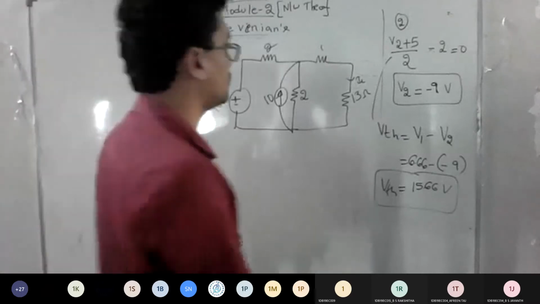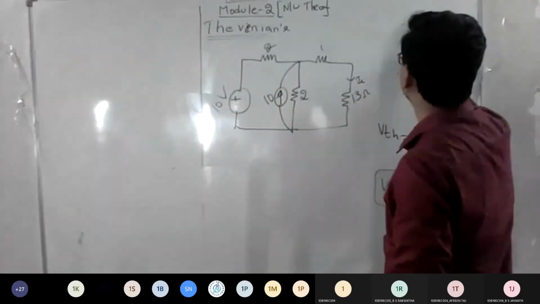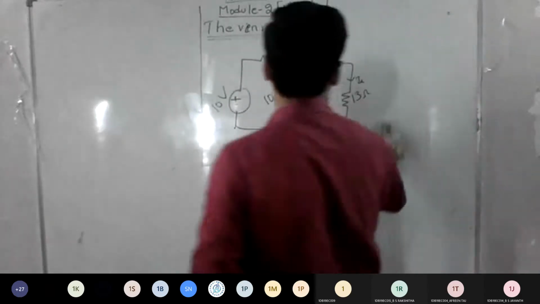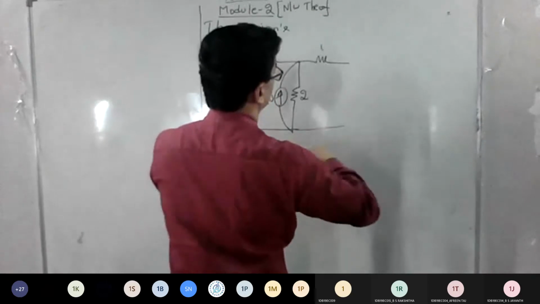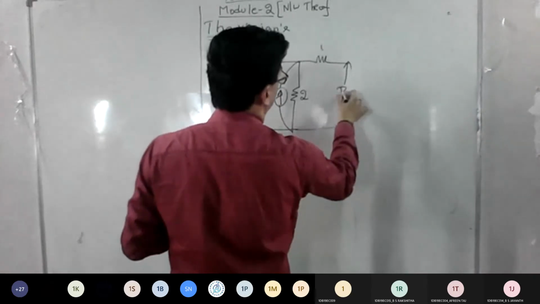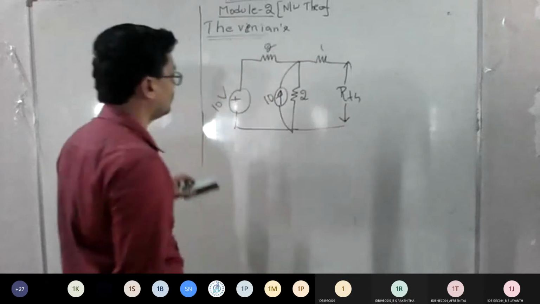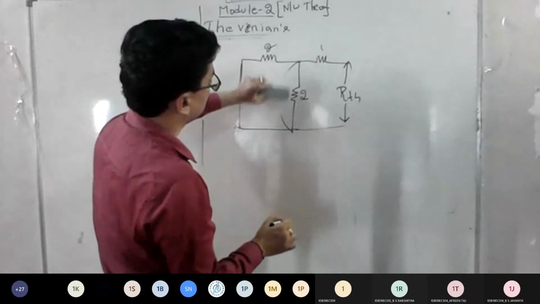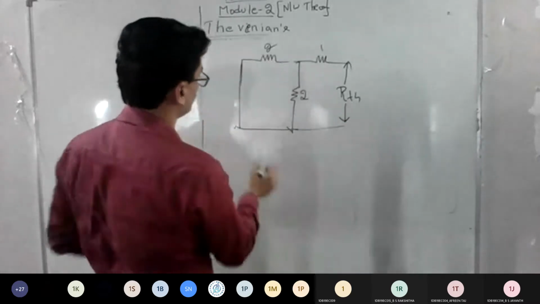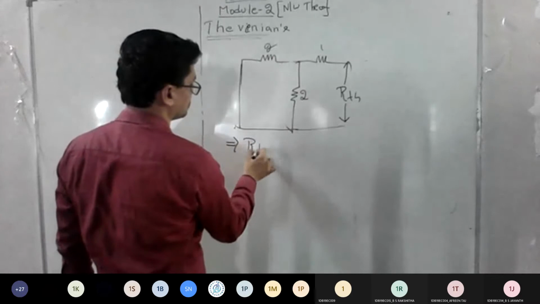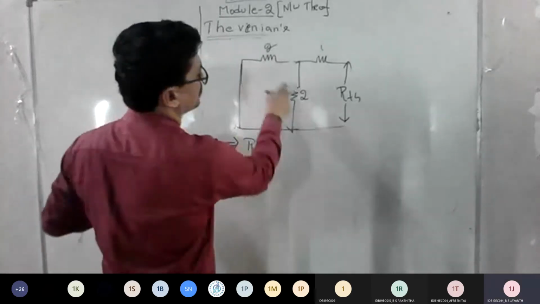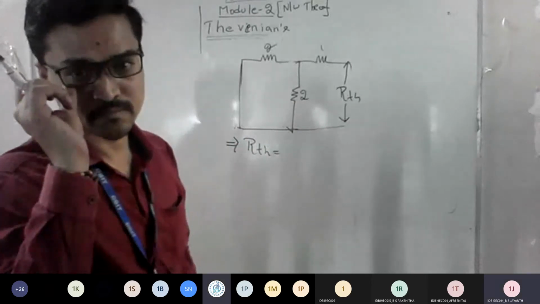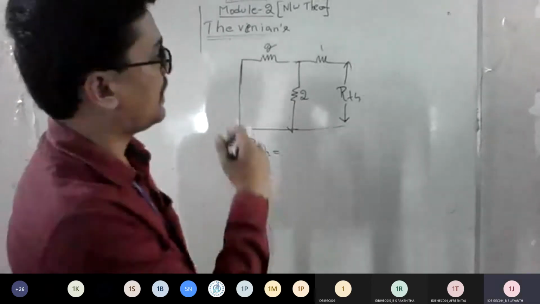So what is the procedure? It remains the same. Apply the logic of your Thevenin's procedure. I'm going to remove this and replace it for your RTH. So what will happen now? This is short and this becomes an open path. Now the 2 and 2, is it series or parallel? Parallel, sir. So the 2 and 2 parallel combination, what's the answer? 1. And again one more 1.